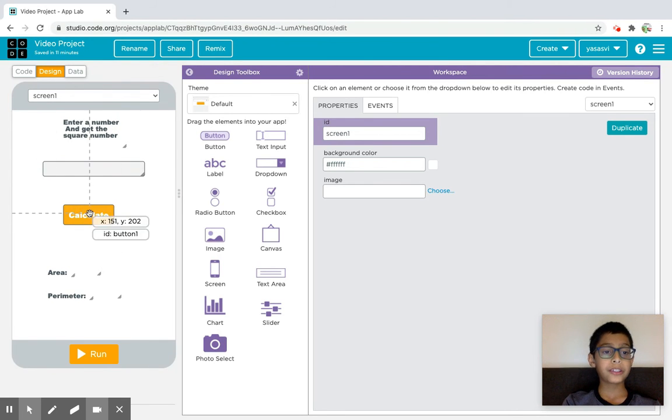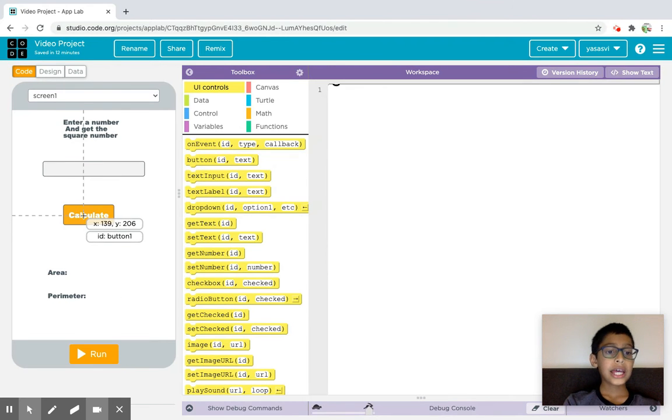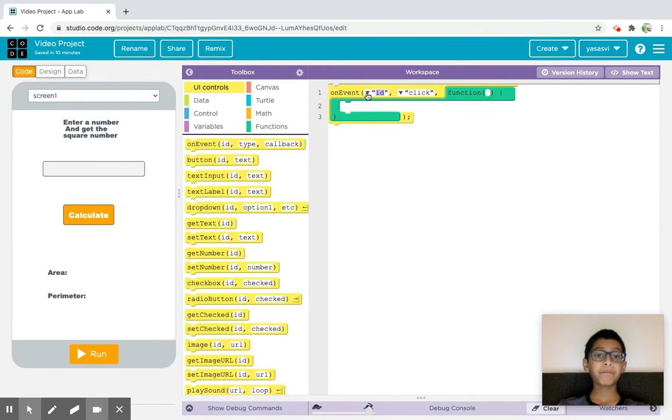After we finish our design, we'll want to go into code. We will get the event block, which is called onEvent. In the ID, we'll be entering button 1, because if you hover right over any of the features, for example this one says label 1, this is text input 1, this is button 1, this is label 2, this is label 3, label 4, label 5, and the parts where it's empty, it's just going to say screen 1. So right now we'll put in the ID button 1, and then we have to say when you click button 1, which we have right here,